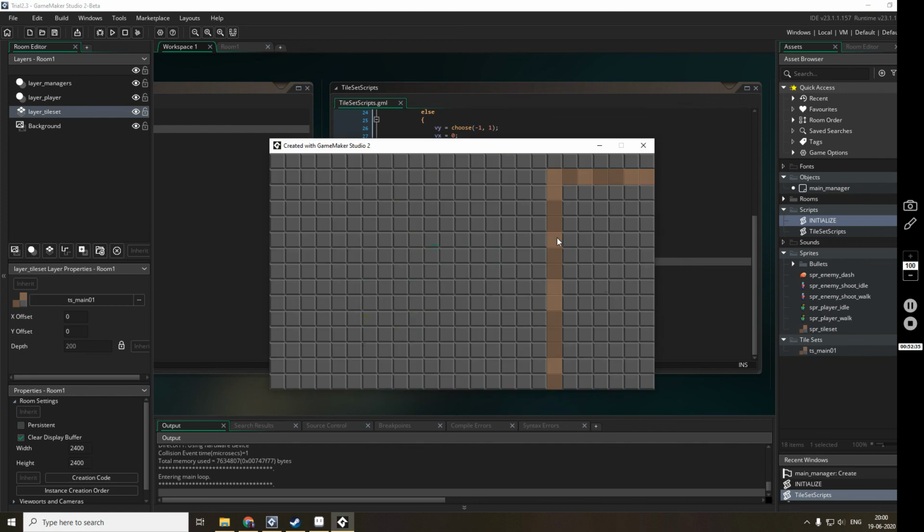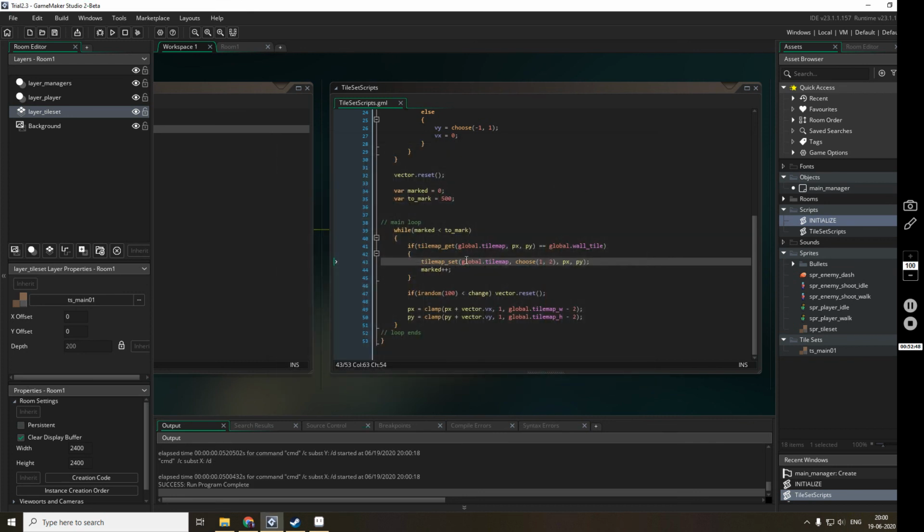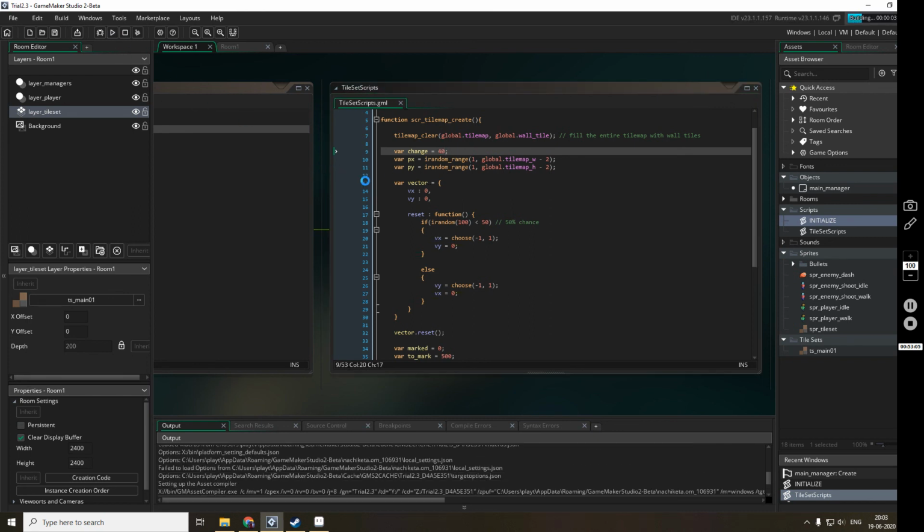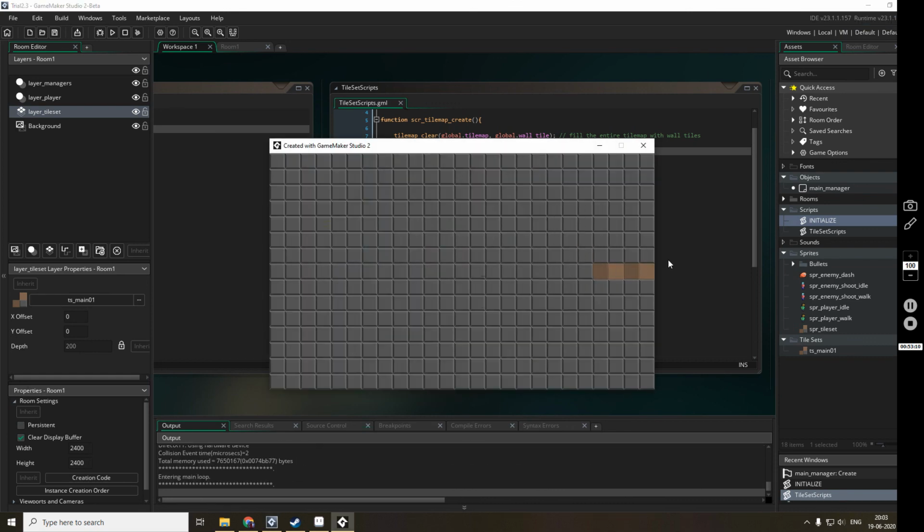I guess this should work perfectly fine now. Yes, so this is what I was talking about. So we started somewhere and then we are moving randomly towards some direction, but the problem is that it is turning very little, so we have to increase the turn. Yes, so for this what we have to do is we have to tweak this percent and see what the results are. I'll make it 40. So the change will be more frequent. Earlier the change was very little.